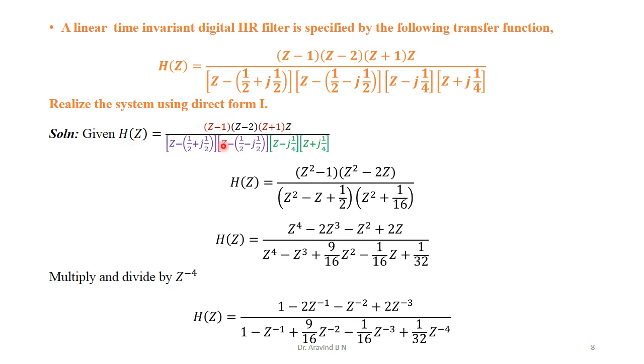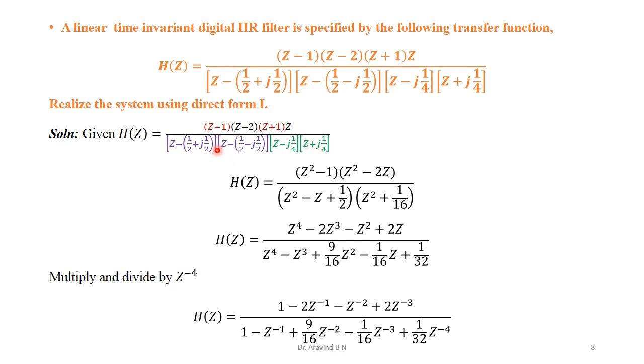H of z is given for us. See, there are too many multiplicative terms both in the numerator as well as in the denominator, and also we can observe that in the denominator we have a complex term, the j representation. So first we need to multiply all this and bring it into its simplest form. Also, positive powers of z are there, which we need to convert into negative powers in the second step. The first step is the simplification of this complete representation so that we can bring it into the most simplified form.